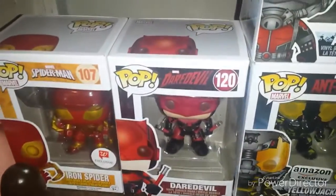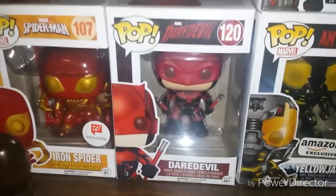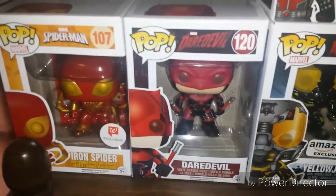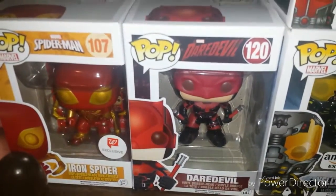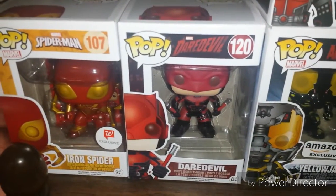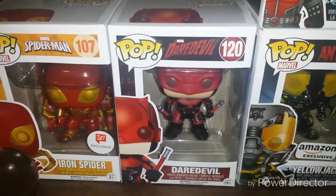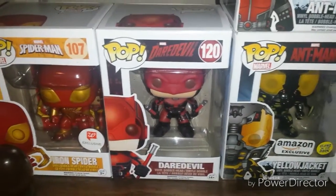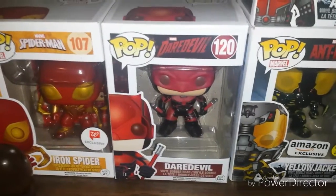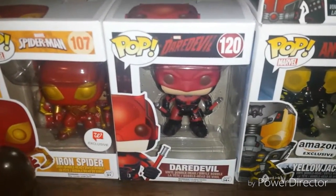Next up here, Daredevil, which I got at Target. The Daredevil from the Netflix series, which is an absolutely great series. I actually want to get this full set. Now, I'm not going to try to collect full sets of all these figures here, but I like the other Daredevil figures, the Matt Murdock, the Masked Vigilante, and then of course Wilson Fisk. And I expect that we'll see a Punisher and Elektra coming up, and I like those too if they produce